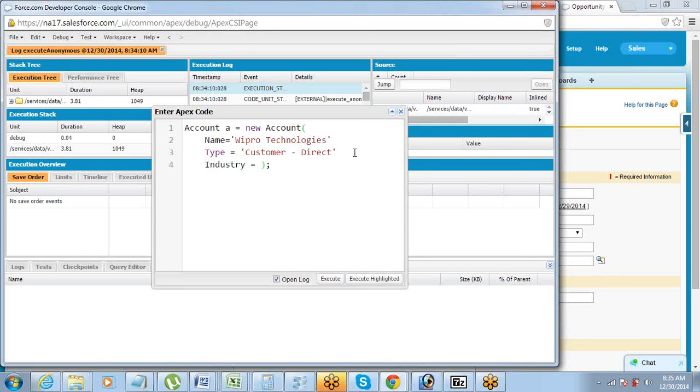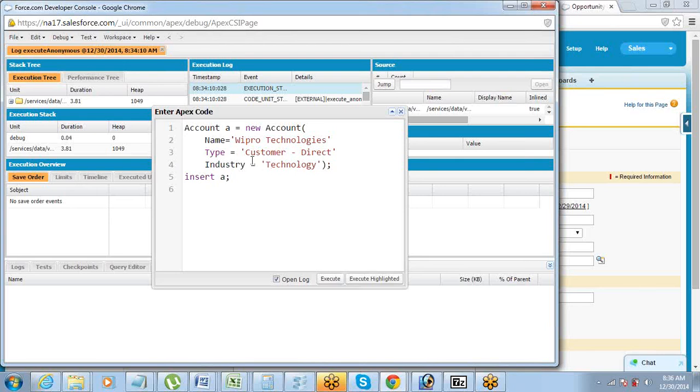Industry equals technology. And then I say insert a.